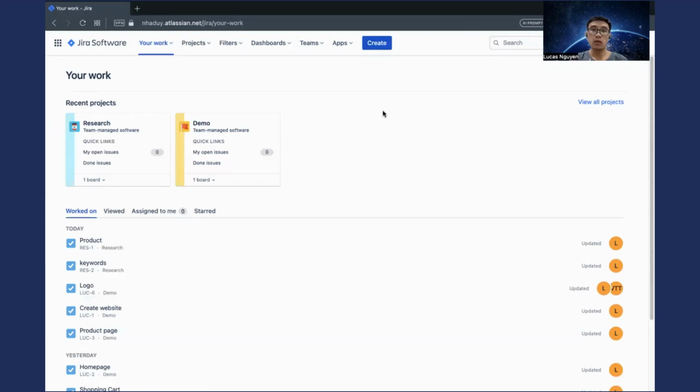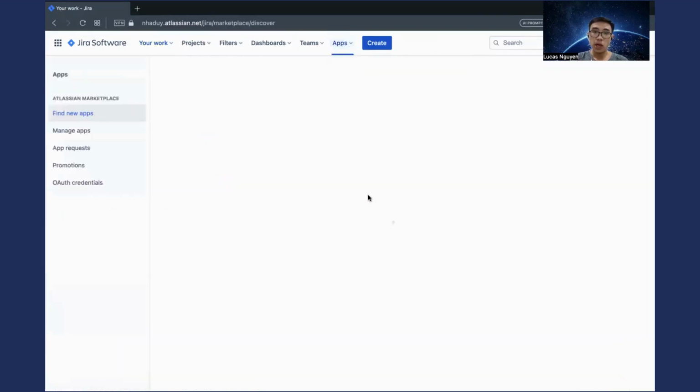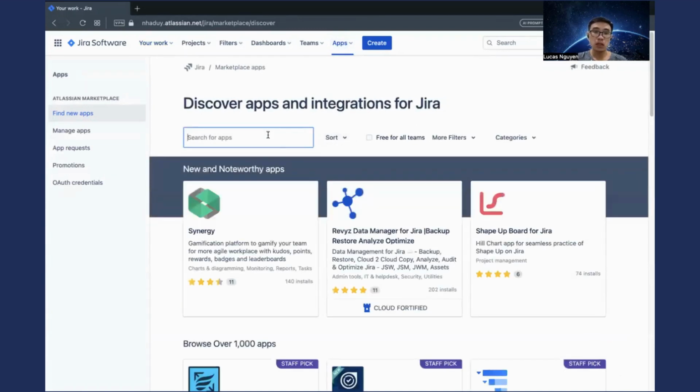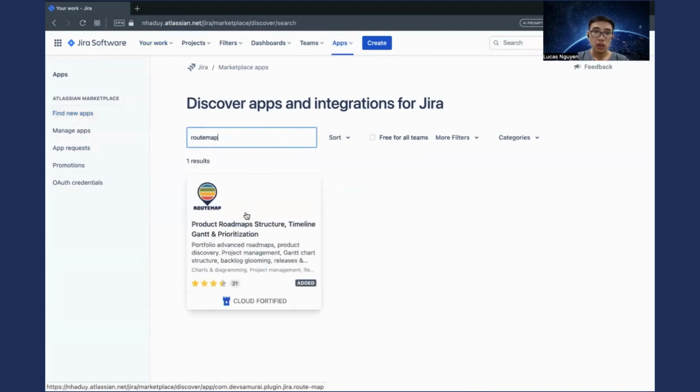So I will move on to the demos of today's video. But before we start, I will show you how to install and access the Roadmap app. First, you have to log into your Jira instance like this, and from your dashboard, you can click on Apps and click on Explore More Apps. Here, you will be taken to the Atlassian Marketplace. You can search for the app name, Roadmap, and click on it,